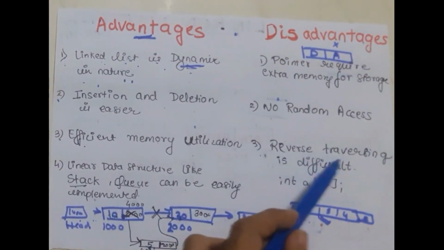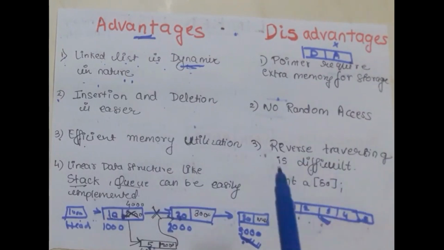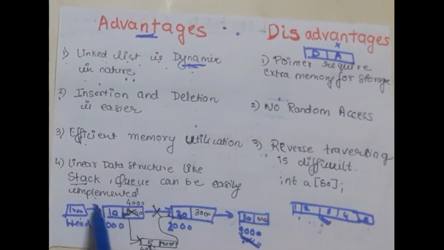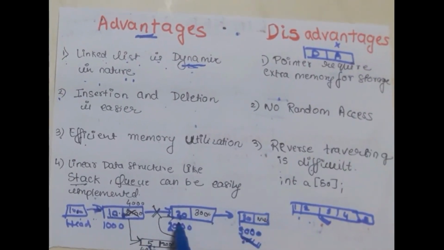Third is that reverse traversing is difficult. We cannot reverse traverse easily. Backtracking is difficult. See, it is easy to go forward, but if we want to backtrack, like from 30 to 20, then 10, this is very difficult. So backtracking is difficult. Even if it is a doubly linked list, in that case also reverse traversing is difficult,